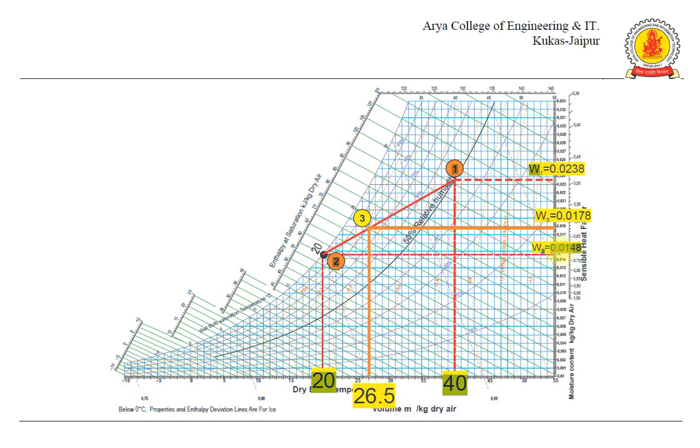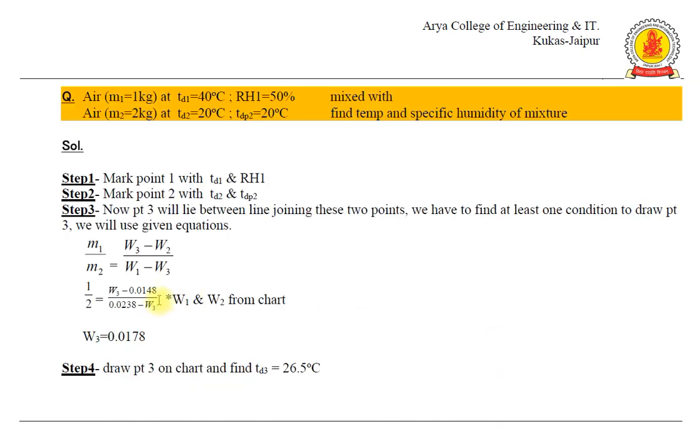We can find it easily from the psychrometric chart, or we can also use steam tables and the formulas and relations that we have derived, but this is the easier method. It might not be very perfect, but it is comparatively easier. And we have to specify in the exam, and draw this rough diagram to show what we have done. So we will put W1 and W2 here and solve for W3. Now we have got W3.